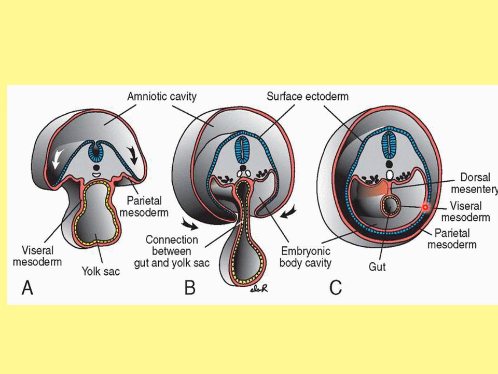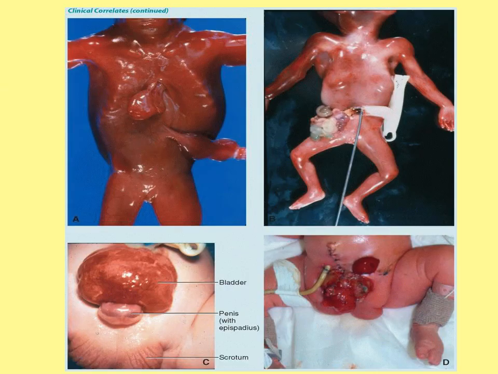When they fuse, they make a complete body wall. So this is only a cut section showing you a single area, but if there is incomplete fusion of this anterior wall in the thoracic region, then the heart is exposed to the outside, known as ectopia cordis. If it is in the abdominal region, it makes gastroschisis, and if there is a defect in the anterior body wall formation in the pelvic region, this is cloacal or bladder exstrophy.